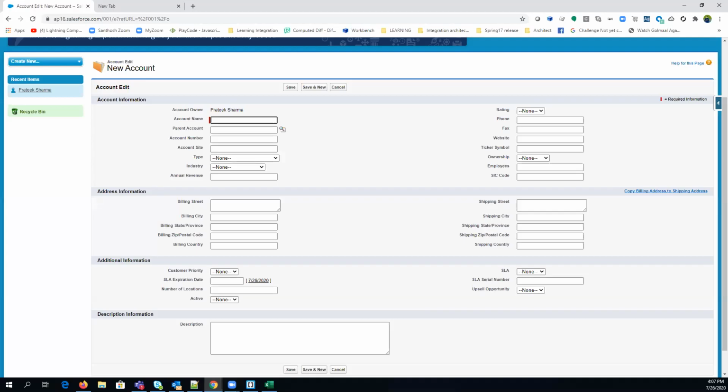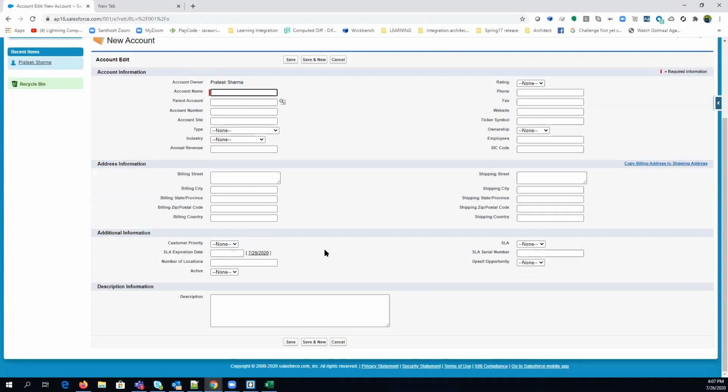If you want a functionality that is not there already in the system, then what will you do? For that kind of thing, you will do programming. Programming can be done using Visual Force or Apex. If you want to do designing, like these check boxes and labels, you will do everything with Visual Force. And the logic behind this page, like if you click on save, then what will happen? The complete data will be saved in the database. That kind of logic you will achieve using Apex.